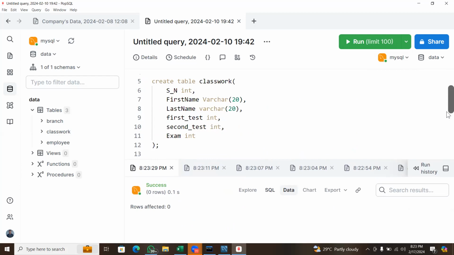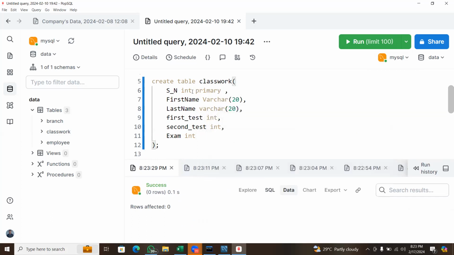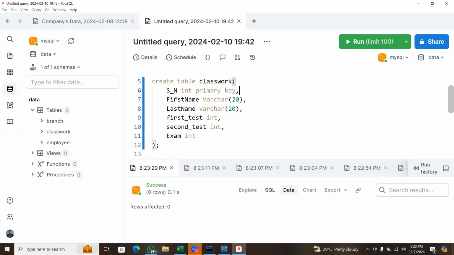Now, if I come up here, I need to set my constraint. So I'll come here and set it to primary key. I'll just put primary key in front of it, before the comma. Now I'm creating the table, and my serial number is the primary key. You get? So if I create this table now,